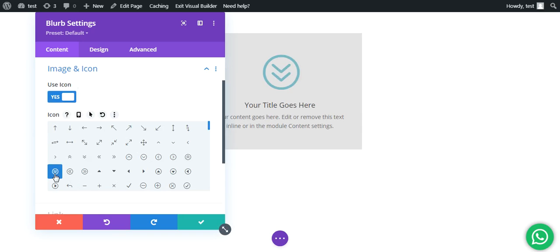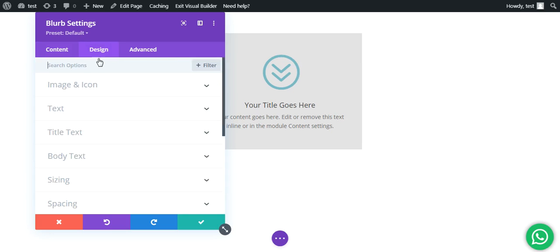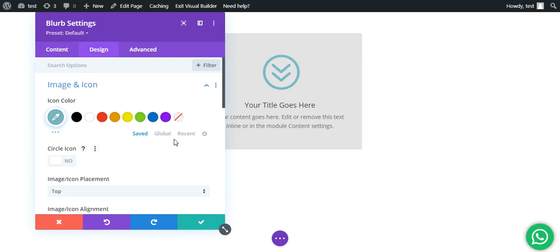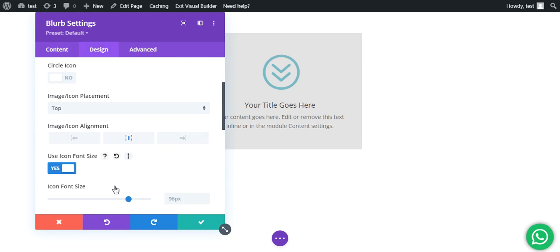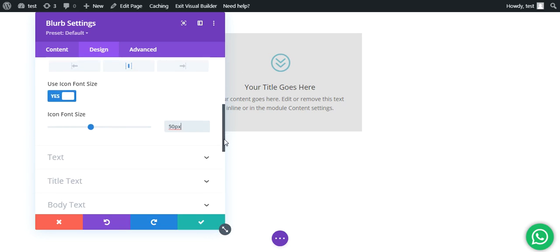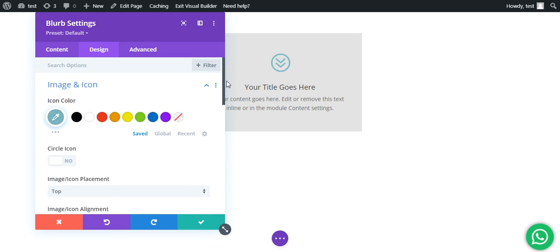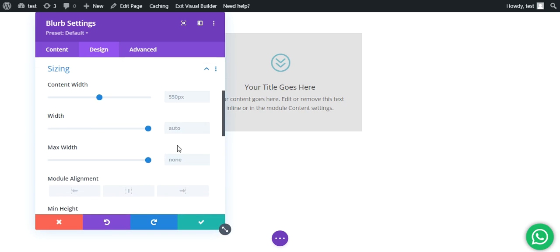Let's select this for now, and we want to give a custom size to the icon. Get into the icon, use icon custom font size, and make it 50 pixels. Cool, that seems alright. Since we are in the blurb, we have to give the size. Select the sizing, and we are going to give the max width of 400 pixels.